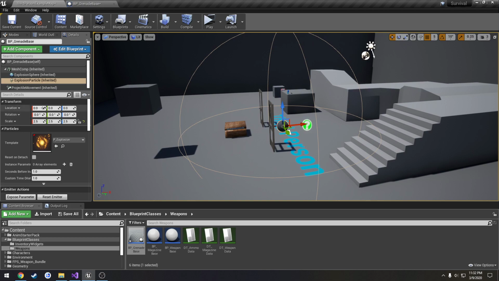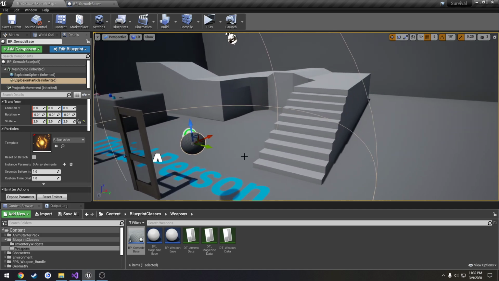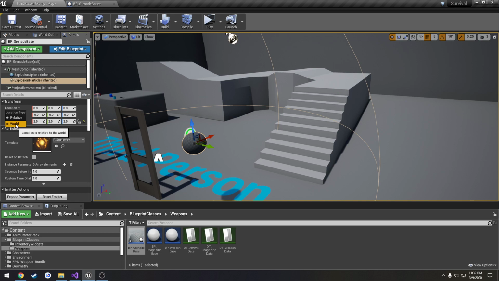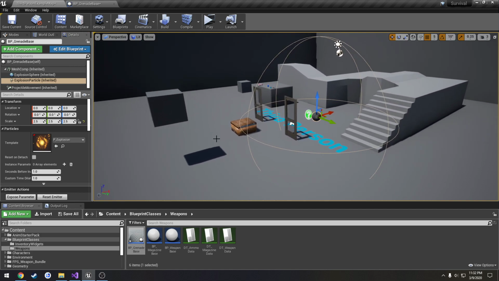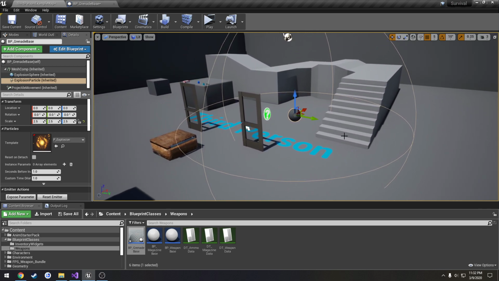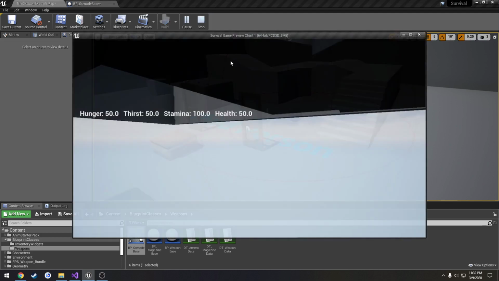Sometimes when you try to reset the location, it snaps to the center of the world, even though you have it set to relative. Try closing down the editor, recompiling, and then relaunching the editor, and triple check. That'll sometimes fix it, because when you're messing around with header files, and sometimes even doing stuff in the constructor while the engine is open and you compile, it can bring up some issues, which is why people also generally recommend you close down the editor, compile, then relaunch the editor. But anyways, we should have it to where